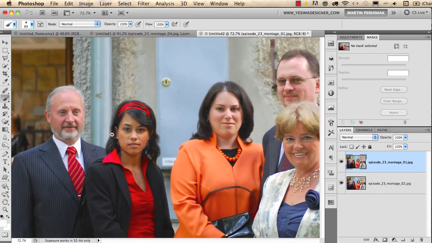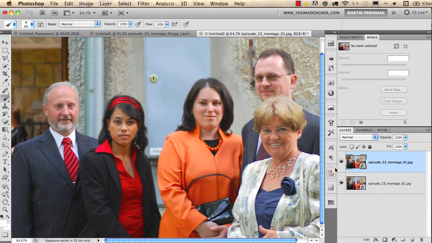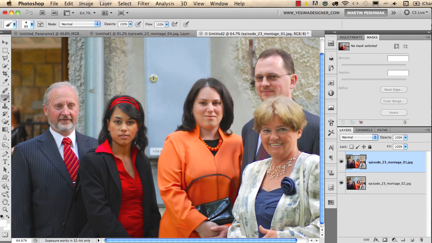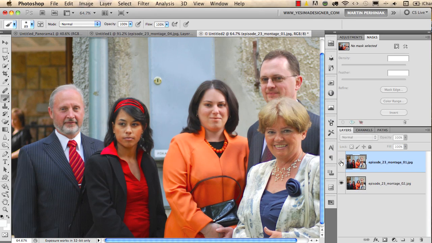And as you can see, this is a group photograph. If I turn off the layer on top, you will see another version of the same group. And I would like to make a perfect version where everyone looks into the camera. I have this image on the top where everyone looks in the camera except the man on the left, and I have the other version where he looks in the camera but the girl looks away. So none of these versions are perfect, so I need to blend them together or merge them together to have